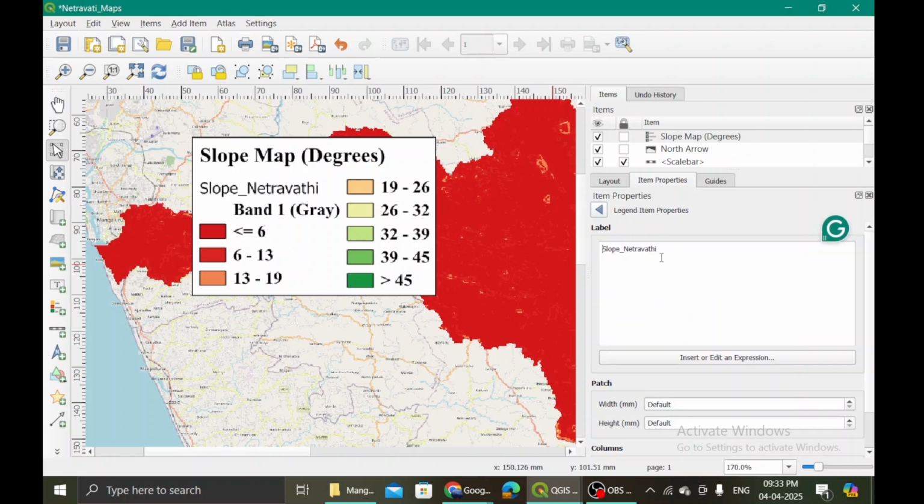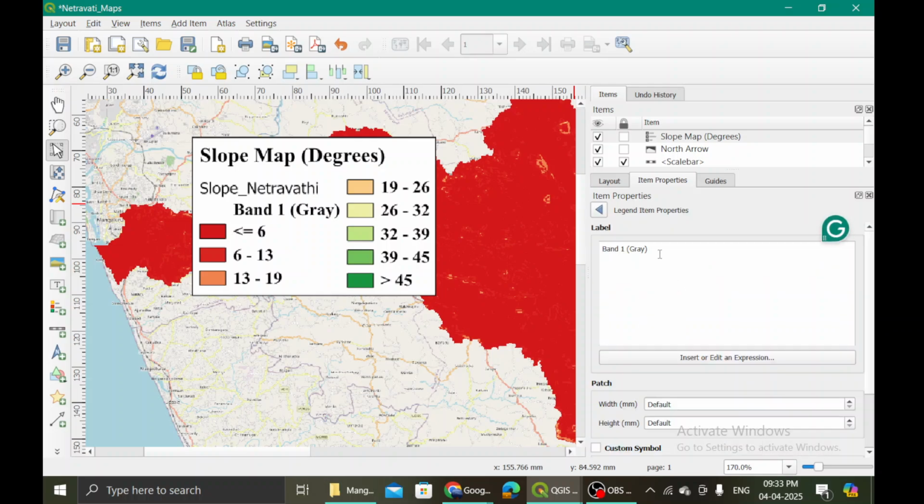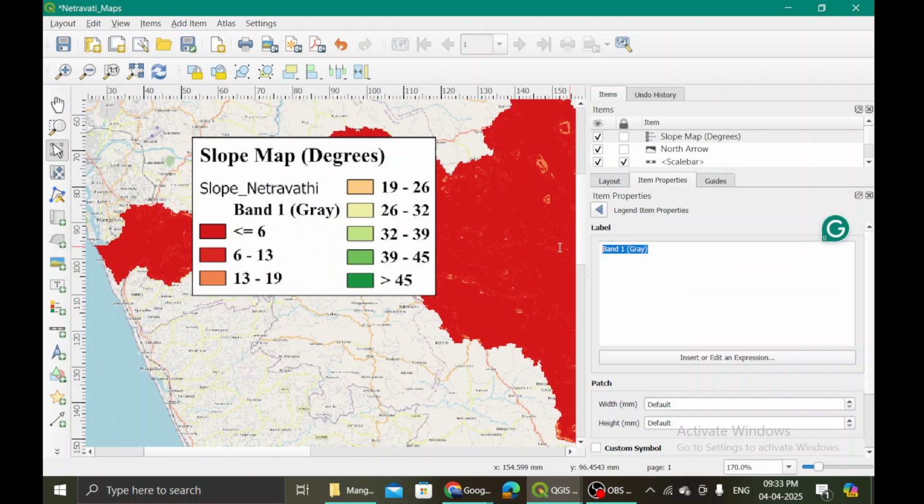Slope Netravati, let's say I don't want this slope Netravati. So I can double click and simply chop it off from there. And then similarly over here, I can again just delete it, go back. Wait, I don't want this, so I will delete it.